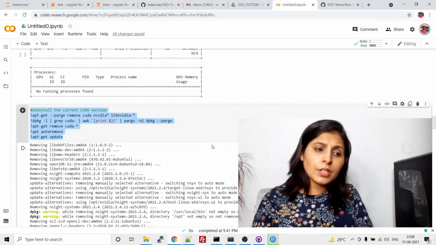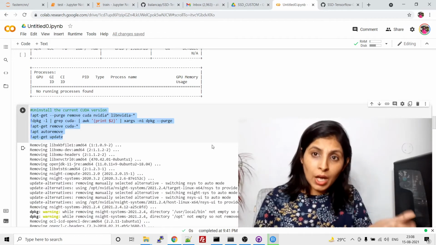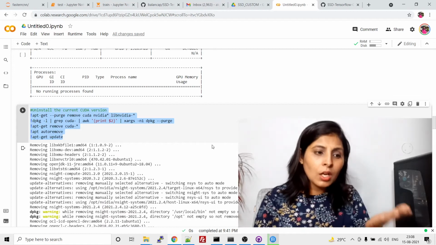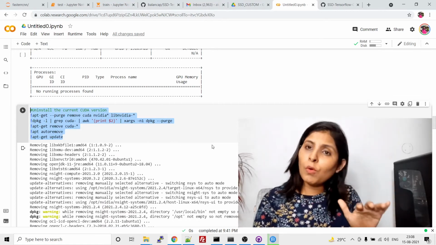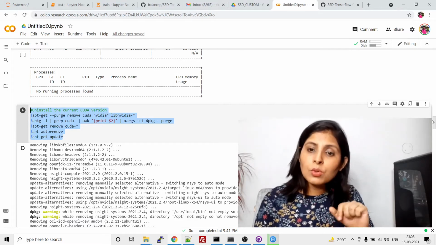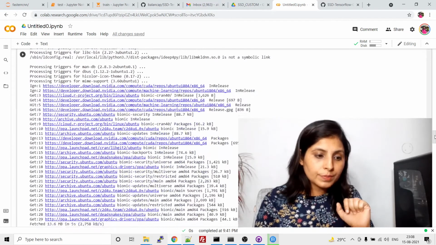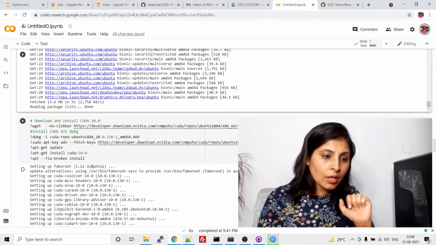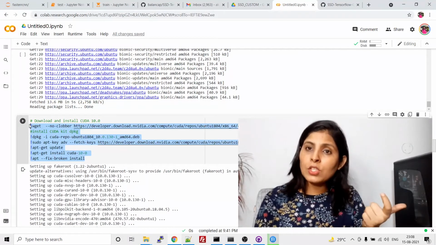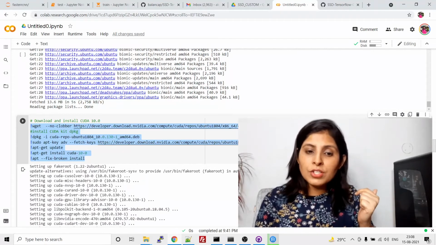So what I have done is, using these commands, I'm uninstalling the current version of CUDA, which is 11 point something. After executing these 4-5 commands, that CUDA will get uninstalled. Once that CUDA version gets uninstalled, we are using these few commands to install CUDA version 10.0.